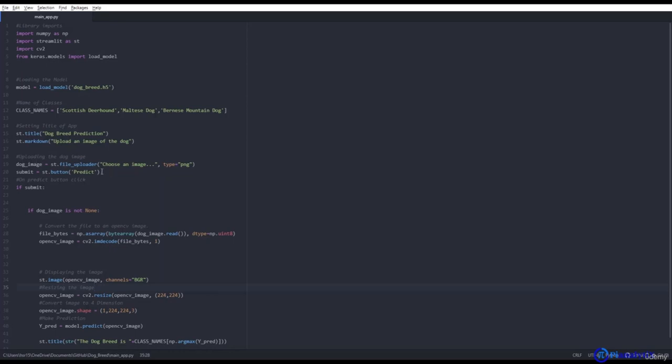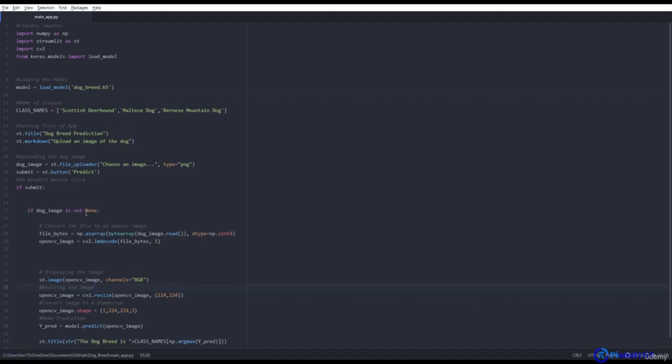Similarly, we'll create a button after that named predict, and the click of this button will be stored in the submit variable. Now we will create the conditions which will run our model and give us the prediction. For that, I've used an if statement. If submit, which means if we click the submit button, then it will check if the dog image is not none.